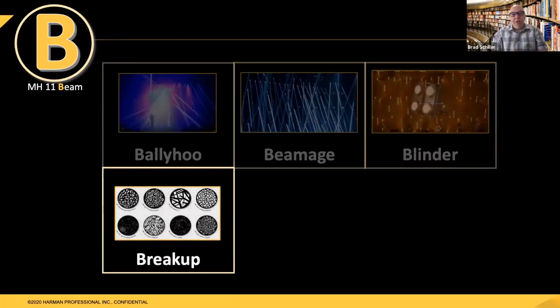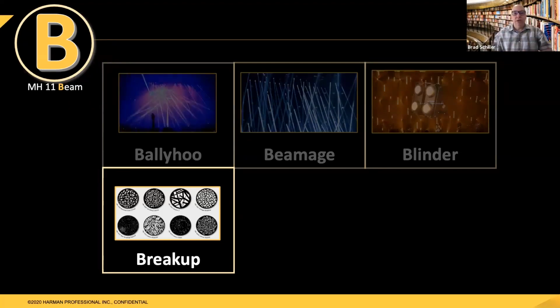Breakup sounds like a really sad thing to do, as a relationship comes to an end. But that's not what we're going to talk about. We're going to talk about the fun part about a breakup, and that's a breakup gobo. A gobo, as we know, is something you put in a light to give you different images if it's a hard-edged light. And a breakup gobo is a type of gobo that gives a textured effect without a specific pattern. So basically, it could be random lines, it could be little shapes of pebbles, it could be many different things, but it just is, as it sounds like, it breaks up the solid output of the light into multiple pieces.